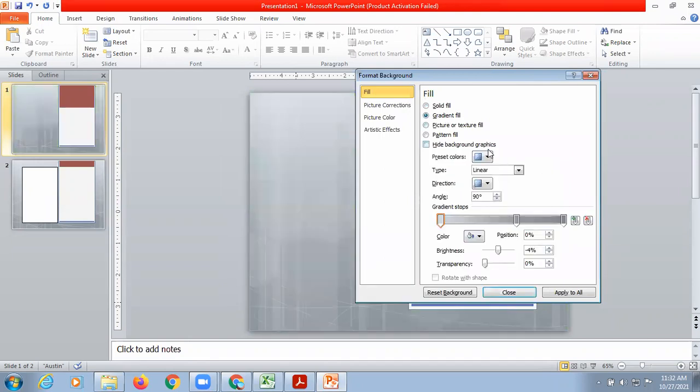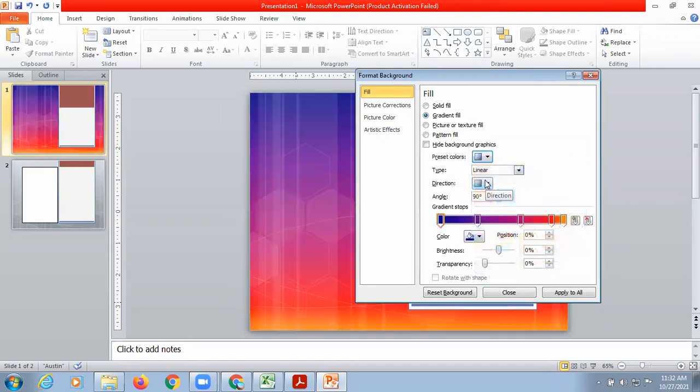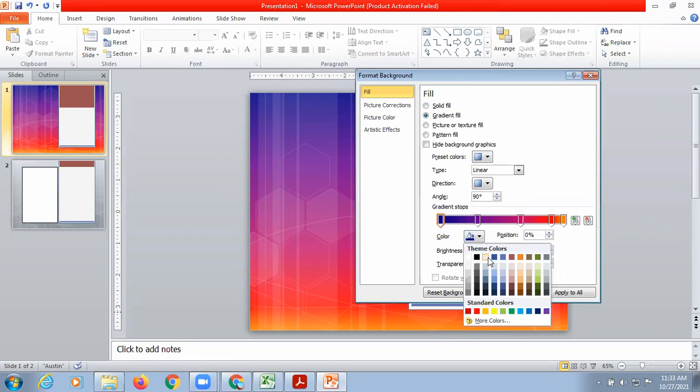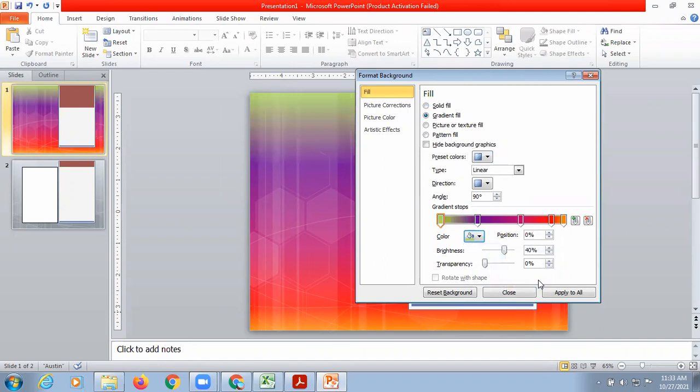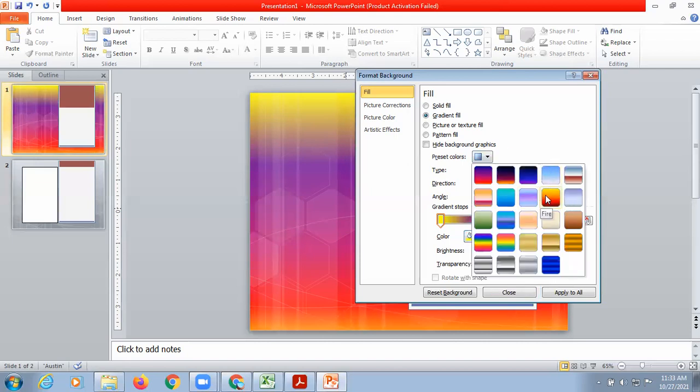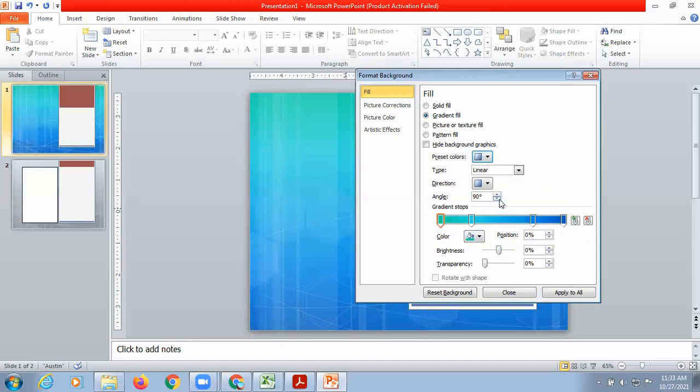Second option is gradient fill. You can choose a gradient also for your slide. Your slide will appear like this in that case. Here also many different colors are coming. If you want to change a color, let's say the last blue one, I wanted to change that color and make it a green shade. I can do that change also. Or if you wanted to make it a yellow shade, you can do those changes also. Okay? And you can choose different types of shades also.